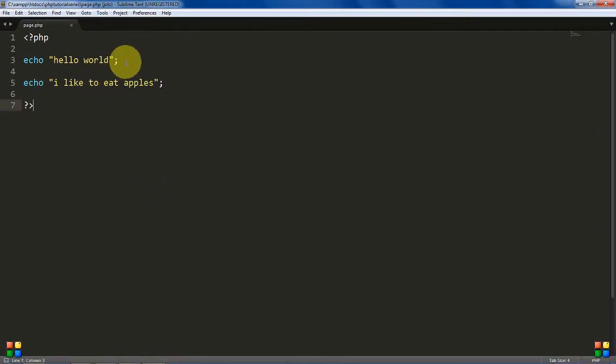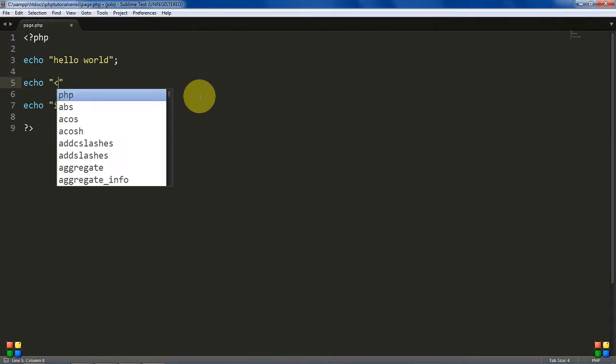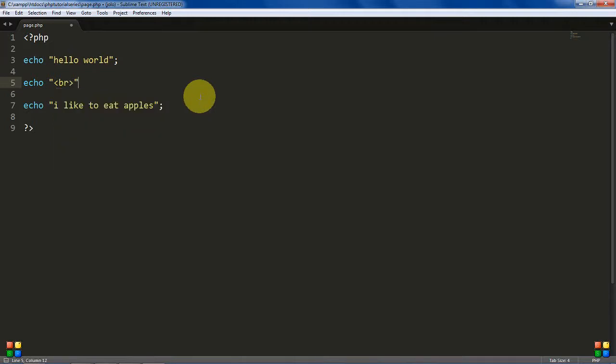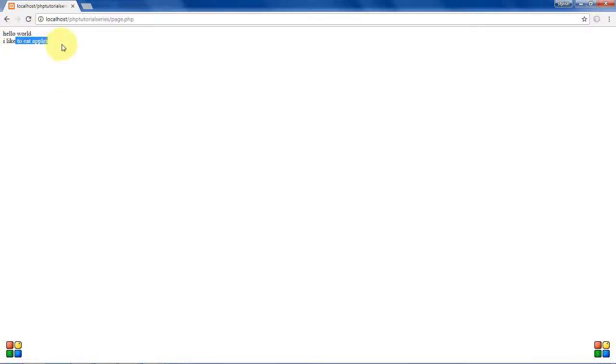So let's go to the text editor and echo here the BR tag, HTML's break tag. All right, now I'm sure you'll be able to see it very nicely. Hello world, I like to eat apples. Okay guys,